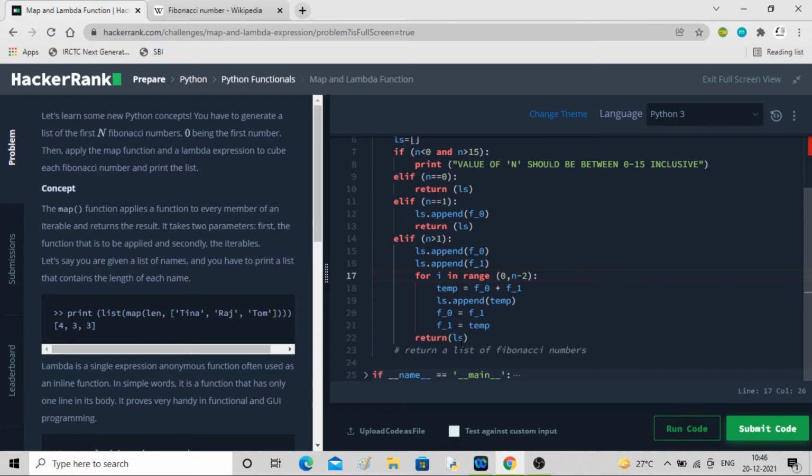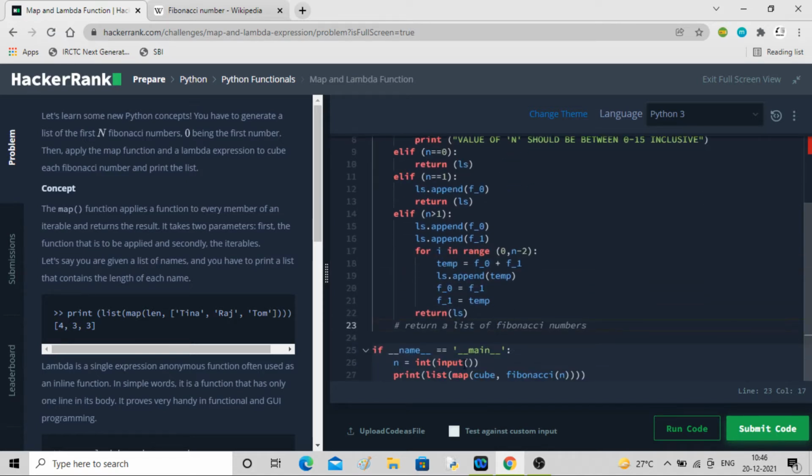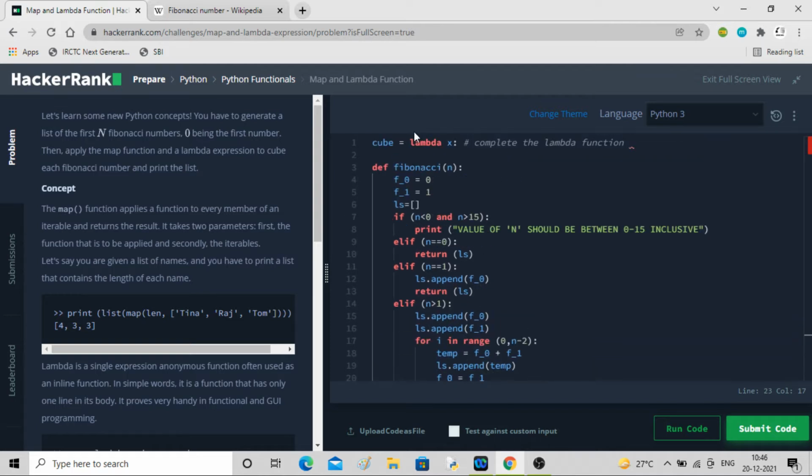So this is about the Fibonacci series. Now what we want is to apply cubing. We have to do the cubing here, completing the lambda. Whatever x is coming, we'll take it three times, x star star 3. So this is calculating the cube.